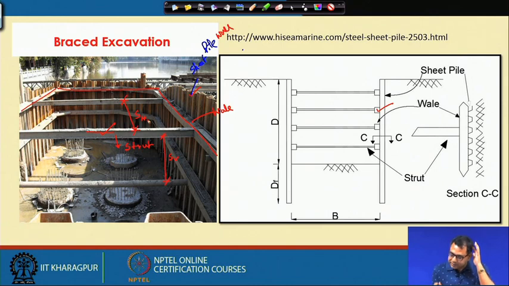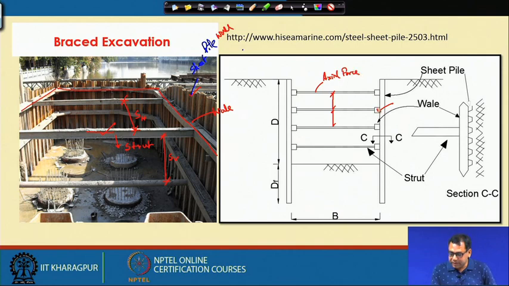So, when you design this, you will use this SH, and we can provide the SV also. There can be one level of struts, two levels of struts. Here there are 4 levels of struts, and there is spacing between the respective struts. What are the things to determine in design? We have to determine the forces acting on the strut, because the wall will deform on this side and this side also. So, axial force will be developed in the strut, and the strut will carry the axial force that we have to determine.